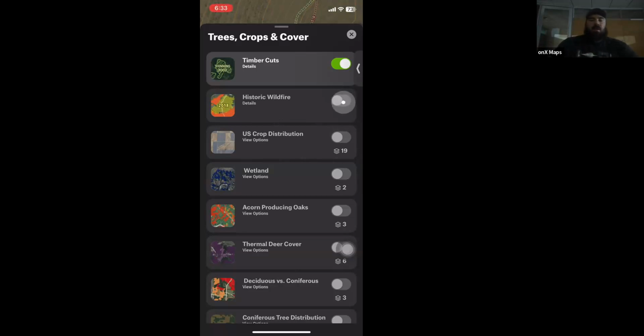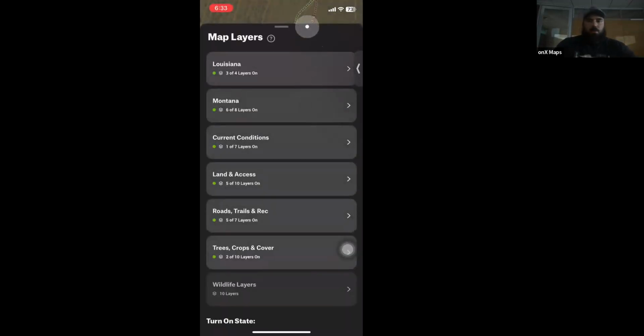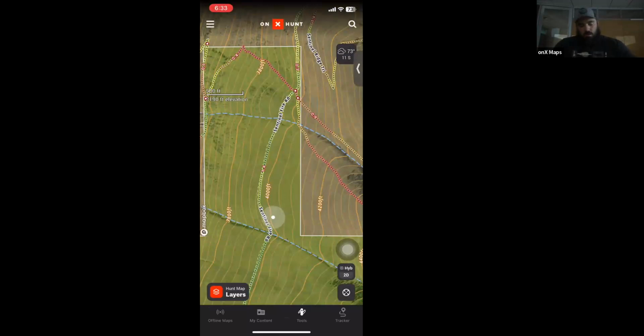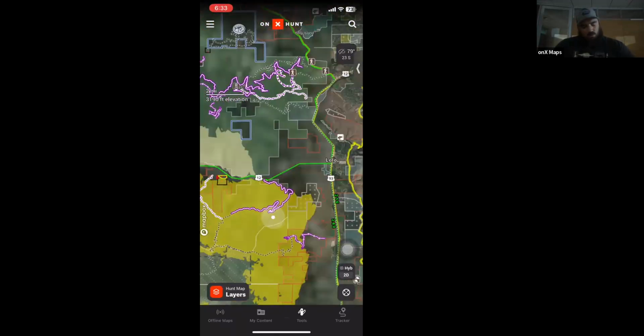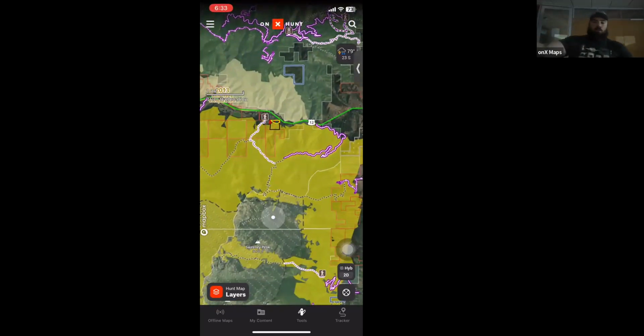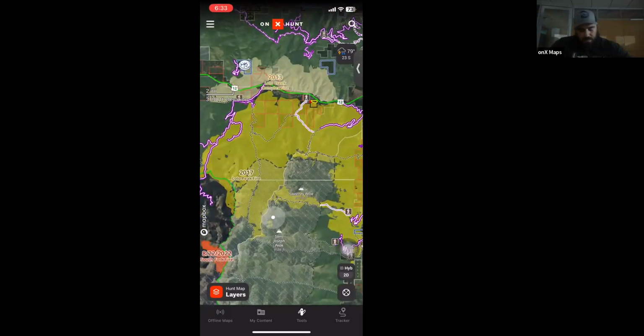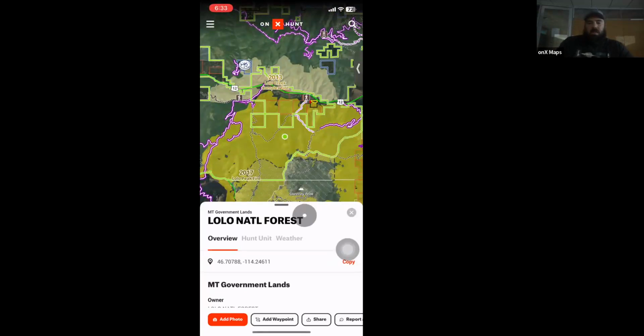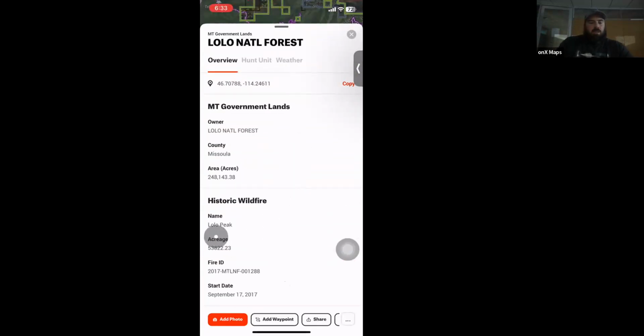Another one I have turned on is the historic wildfire. That's one I can show you real quick here. So the historic wildfire, what it sounds like, these are fires that burned previous years. This is a big one, kind of south of Missoula here, the Lolo Peak fire. You can see the date and the name on it. If I click on it, like everything, it's going to tell me more information. Lolo Peak,